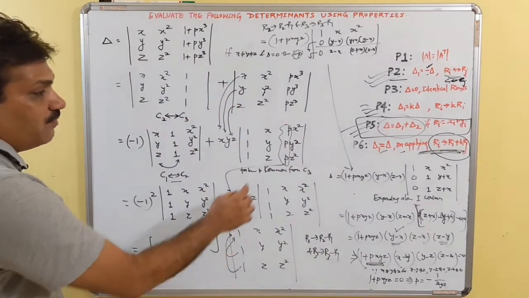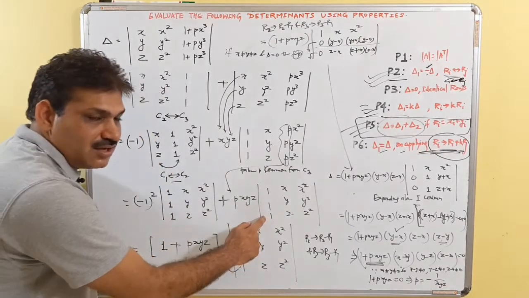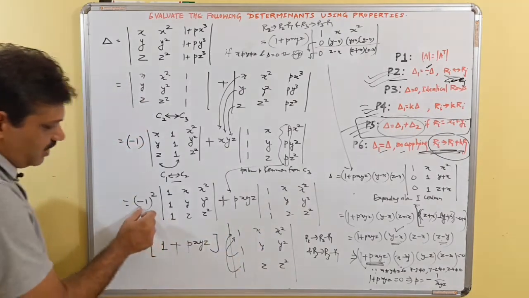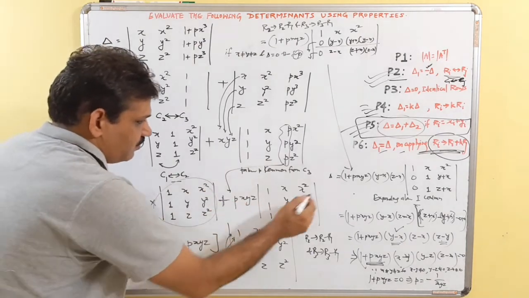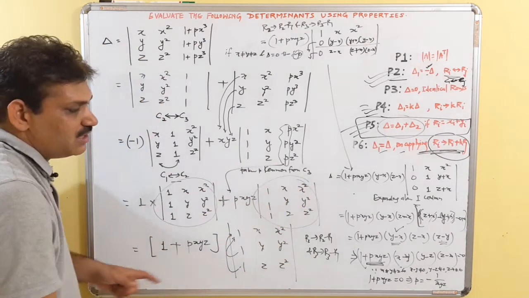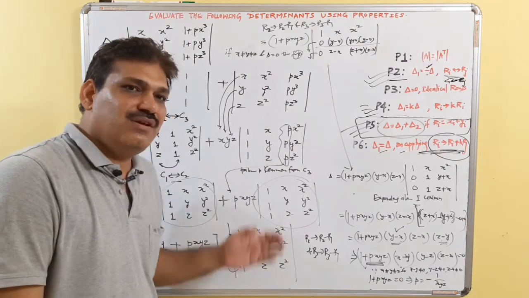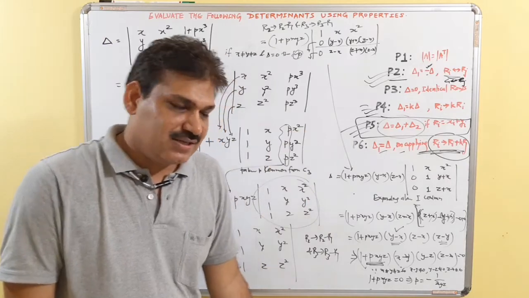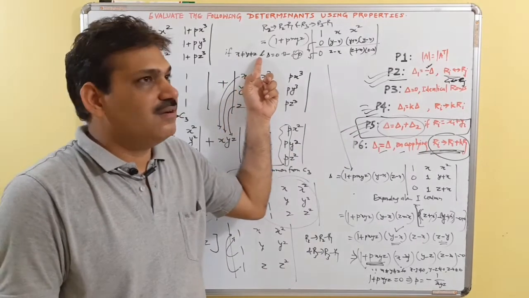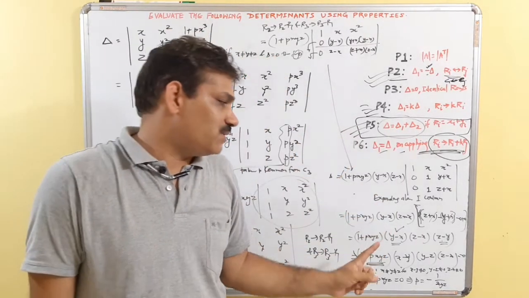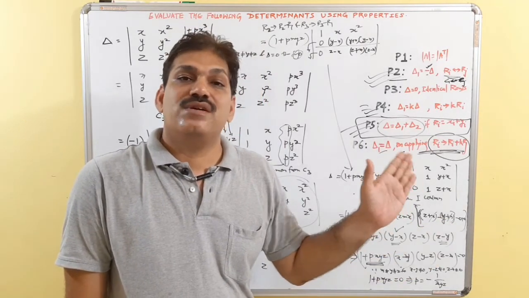Now this p is common, meanwhile we interchange it so that 1 1 1 is here. Now the two determinants are same, so we took common. This minus 1 square is simply 1. So when I take common this whole determinant from these two terms, 1 plus pxyz into this is the first part of question 8 which we have discussed, and it is simply x minus y into y minus z into z minus x. If I say that x, y, z are different numbers and delta is equal to 0, then obviously 1 plus pxyz has to be 0, and that gives us p is equal to minus 1 upon xyz.